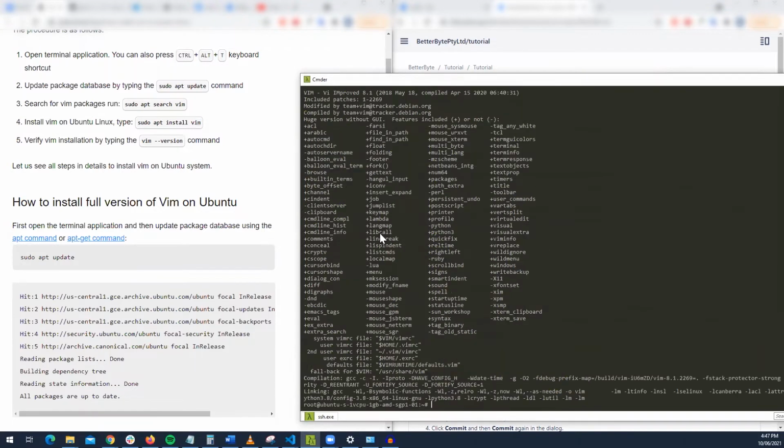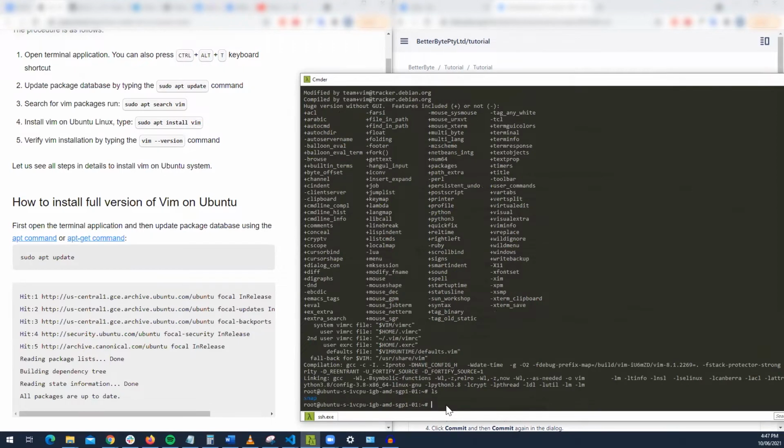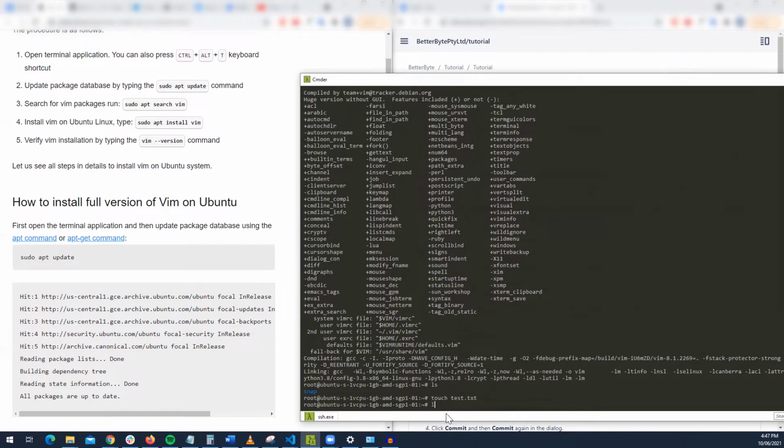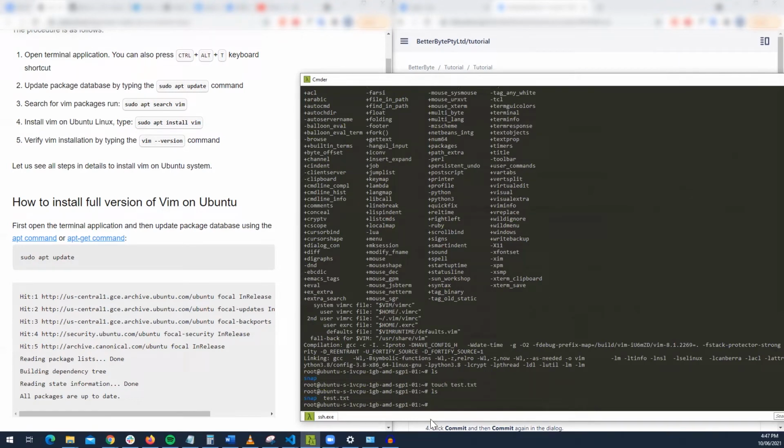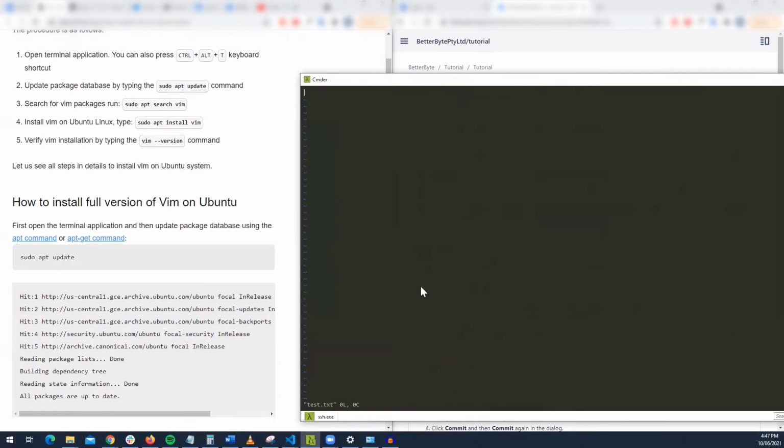Yeah, so it looks like it does exist, right? So I'm just going to make a text file, right? So I just made a text file. And then if I did vim test.txt, then I've now opened the file. And then if I go